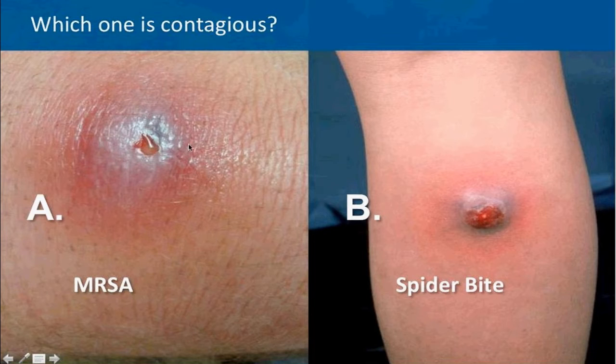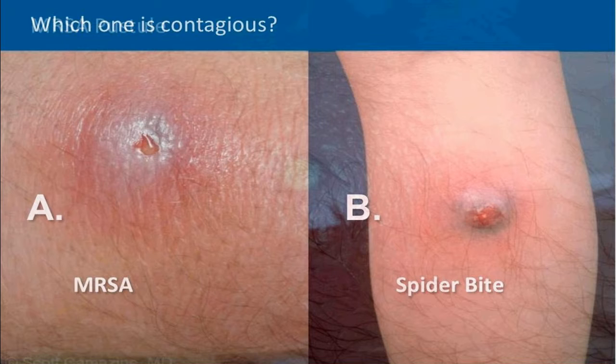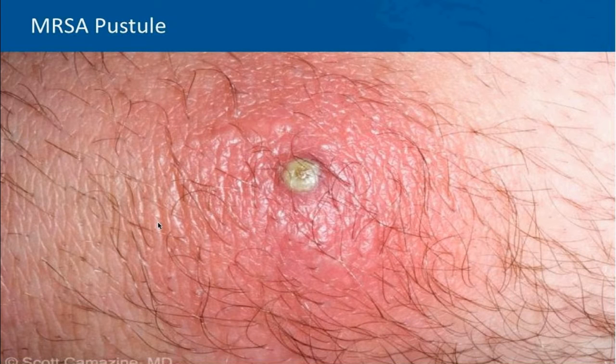So this patient on the right, this is an MRSA furuncle or abscess, and over here, this is a true brown recluse spider bite. So you can see there's quite a bit of necrosis going on underneath, and soon that necrosis will spread. But this is a true spider bite. This is an MRSA abscess. Very difficult to tell apart, but the truth is that most patients never see the spider and are not actually bitten by spiders. So let's go through some of the presentations of community-associated MRSA, a really common problem. In our hospital in Los Angeles, it's about a 60% prevalence rate, so really a big problem in the world.